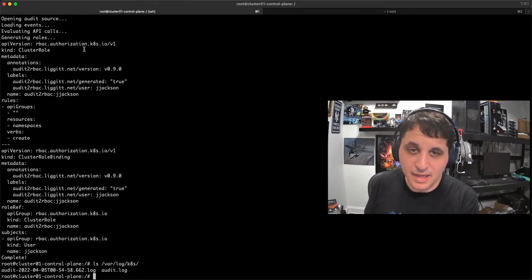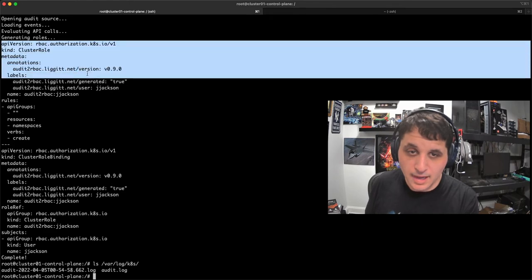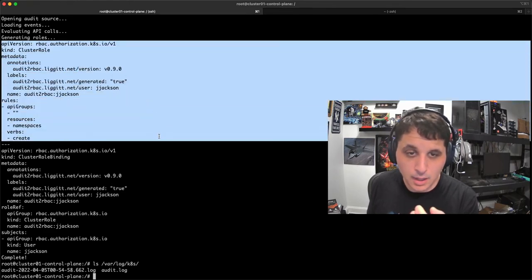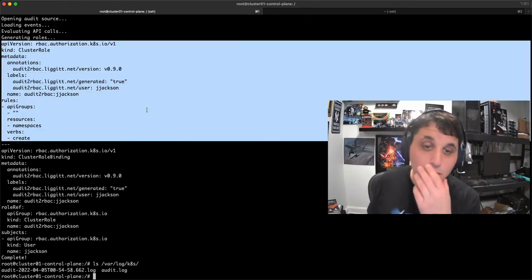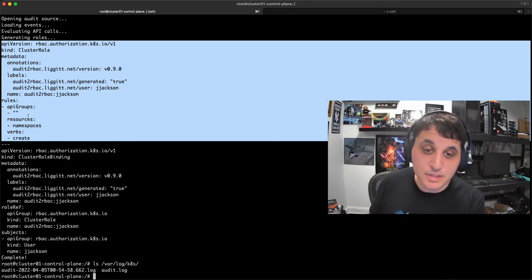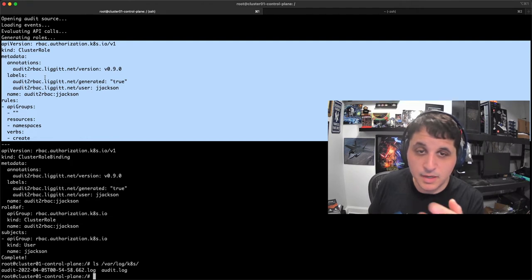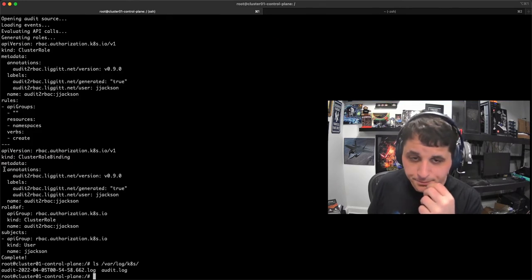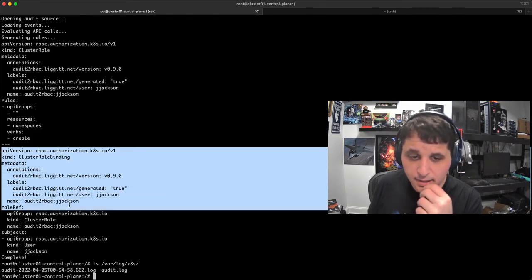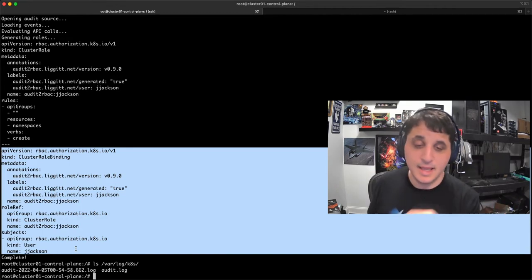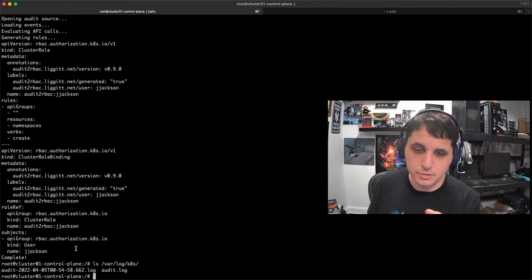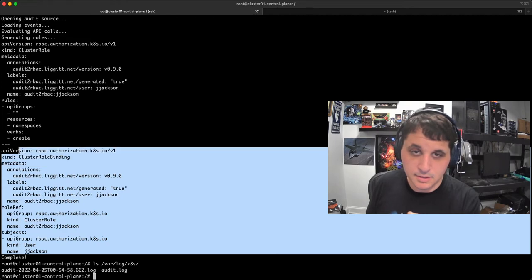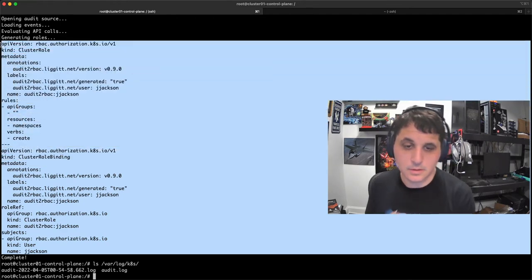We have a cluster role, and that cluster role is pretty close to what we created, right? Namespaces create, names a little bit different, and we've got a couple of labels and annotations here to help identify it, but that's about it. And then here we have a cluster role binding that, again, matches directly with our user. So now we can go ahead and let's take this